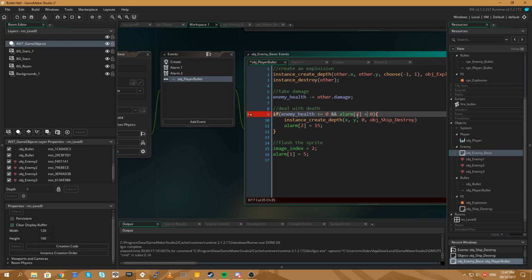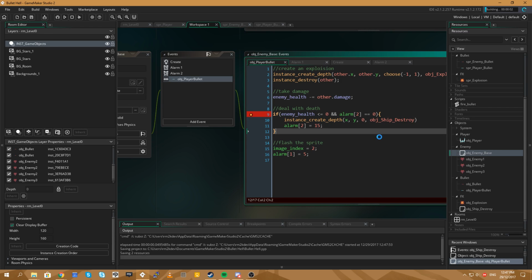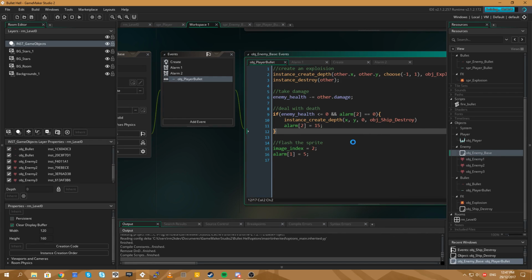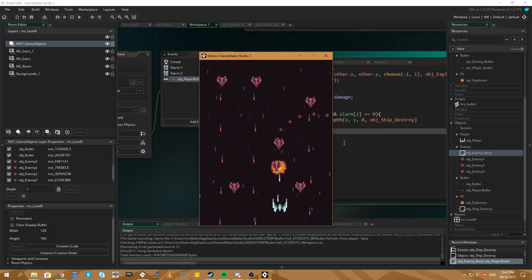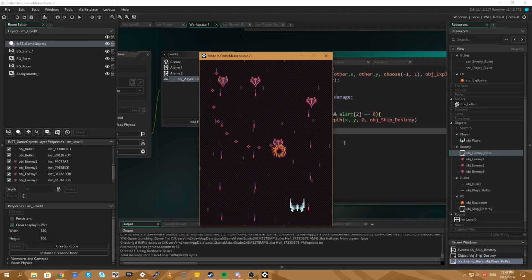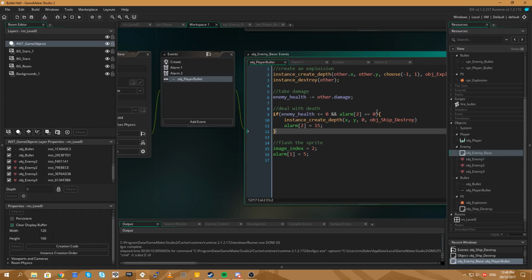Equals 0. That could work. Maybe. No, that doesn't work because the alarm is not equal to 0. Objects still exist, so it will still collide with bullets.